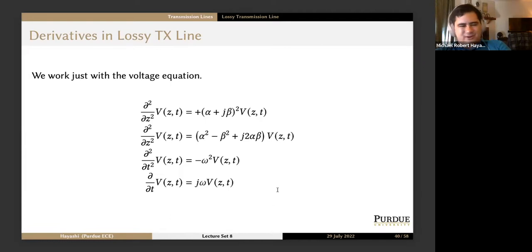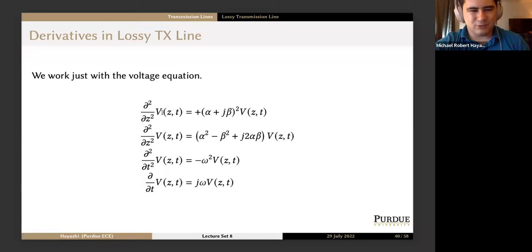So one thing we have to do is figure out alpha and beta. So let's figure out alpha and beta by looking at the derivative of various things. If we look at the second derivative with respect to position of V(z,t), well, that's just going to be gamma squared times V. So we'll get alpha plus j beta quantity squared times V(z,t). We can expand this. So we'll get an alpha squared. j beta times j beta is minus beta squared. And then we'll get 2j alpha beta